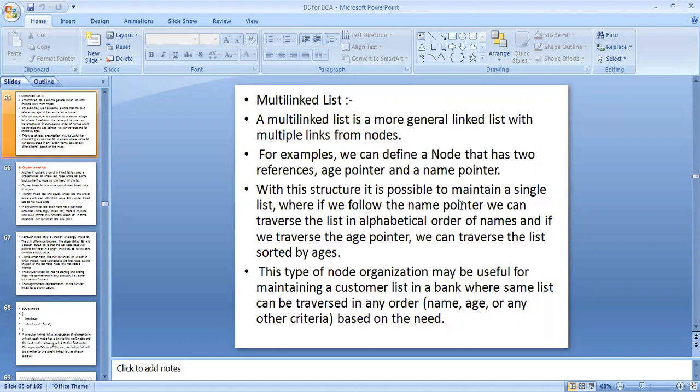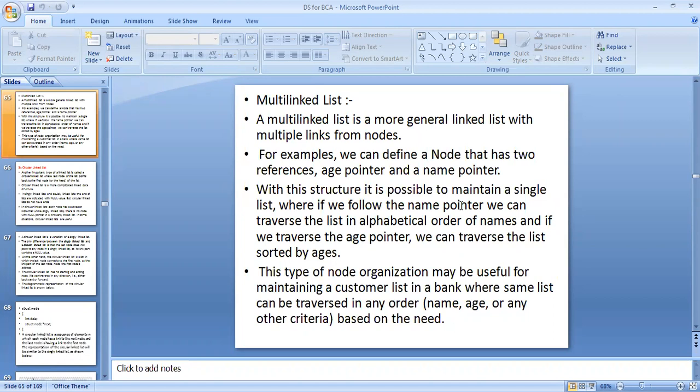With this structure, it is possible to maintain a single list where if we follow the name pointer, we can traverse the list in alphabetical order of names, and if we traverse the age pointer, we can traverse the list sorted by the ages.